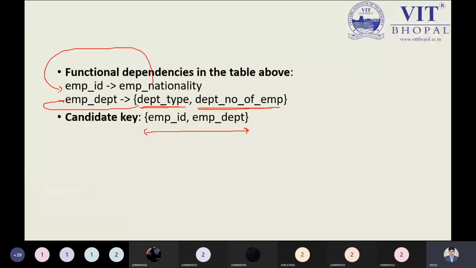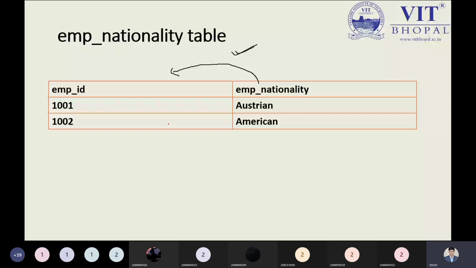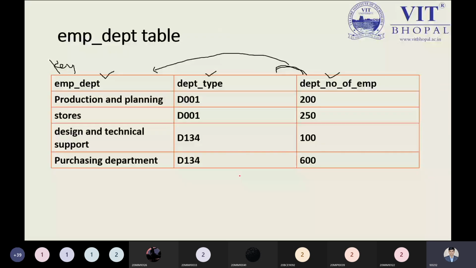After this point, you can observe over here, we bifurcate this relation into other sub relations. The first relation we are having, second relation we can observe over here. This is the point I was talking about right now. So this can be identified as a key attribute as part of our functional dependencies. So now we have divided our relation into two relations. Please focus on my statement once again. Now we have divided our relation in two parts: one is employee department and another one is the employee nationality.